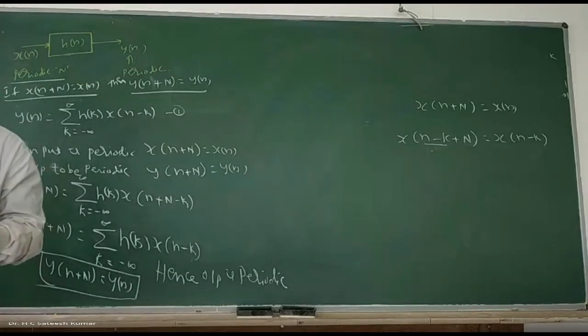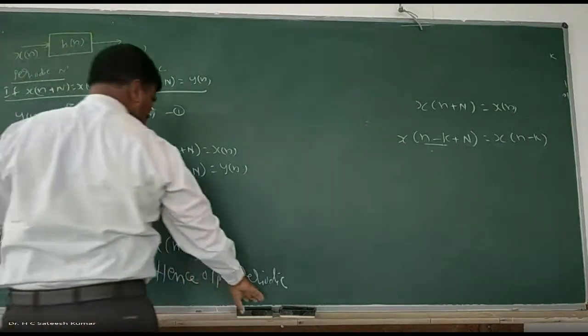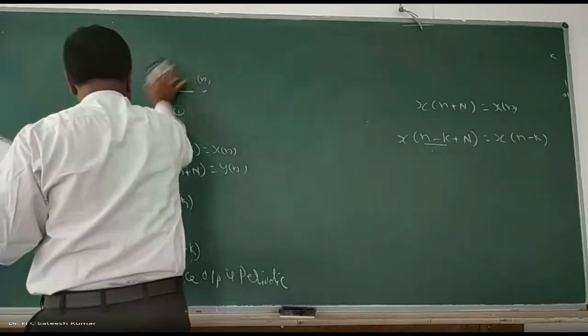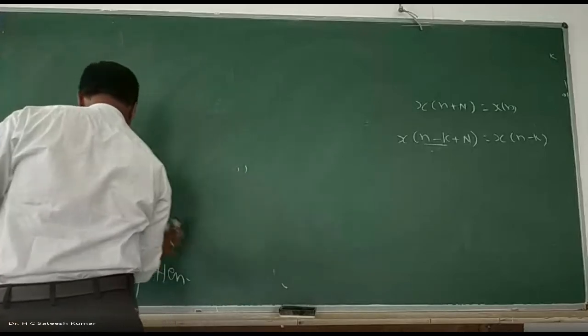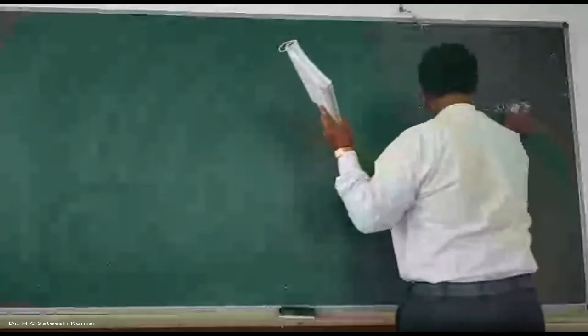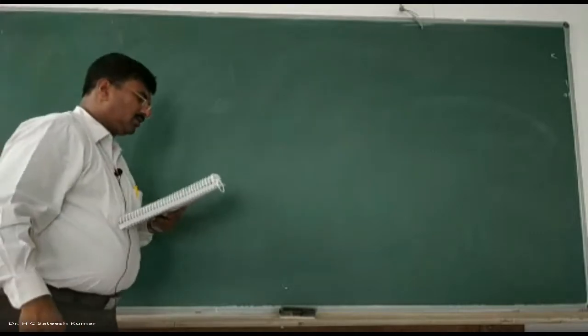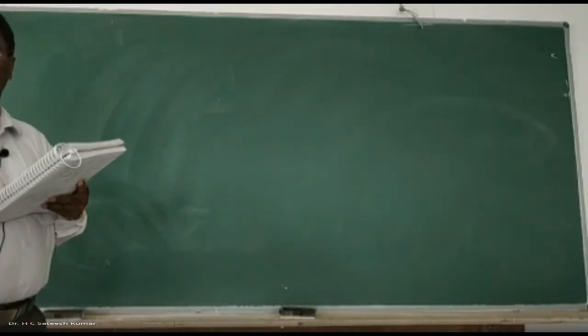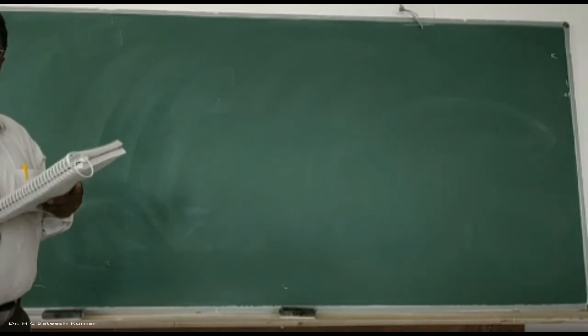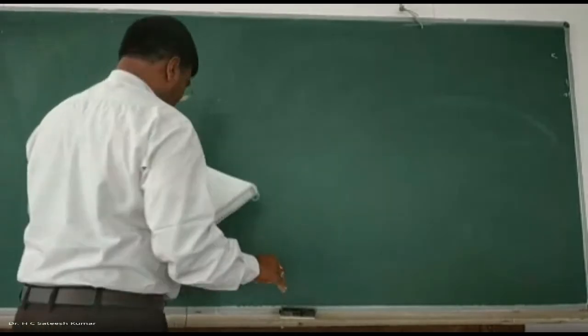One more problem I have, an interesting problem. Two or three problems are there, all of them 3 to 4 marks. One problem is a 100% guarantee, because in this third module two parts are there: one is Fourier series, another one is impulse response and properties. So they will have to give one question on this.